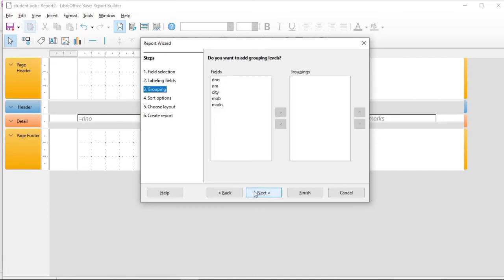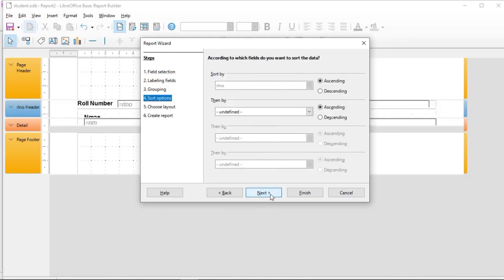Then again click on the next button. Then here you can select the field for grouping purposes. Suppose the grouping should be on the basis of roll number. Select it, click on the next button.